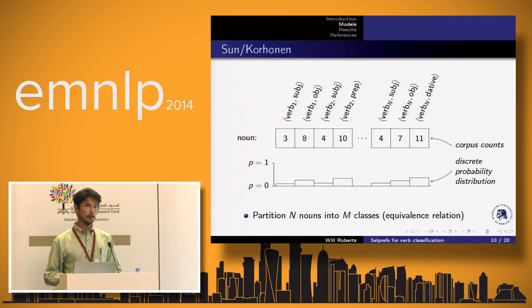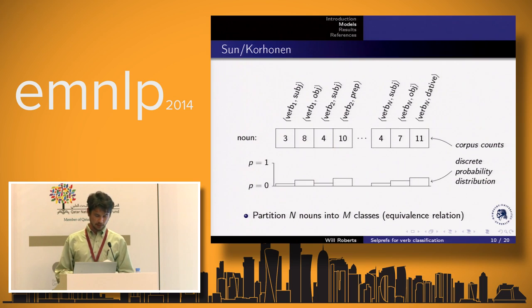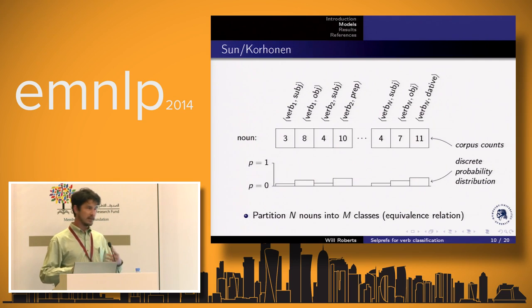Okay, the next model I want to show is one that was described by Sun and Korhonen in 2009 and successfully used for automatic verb classification. And the crux of this is that it uses a partition of nouns. And the nice thing for me today is that this is identical to the procedure that we use for verb